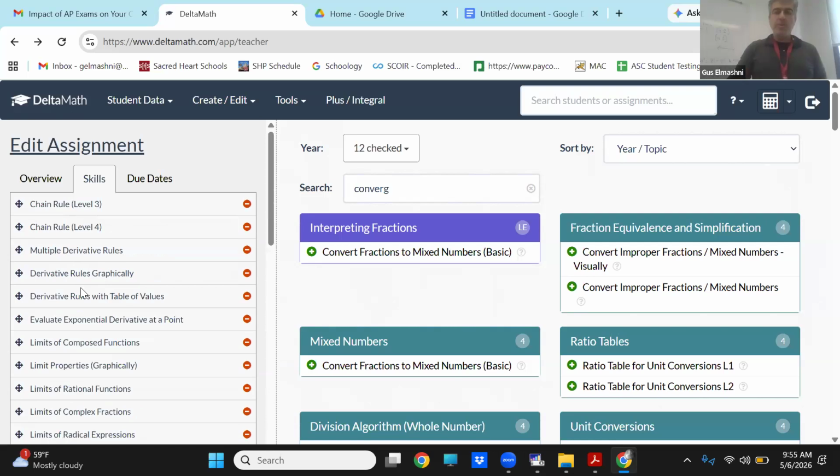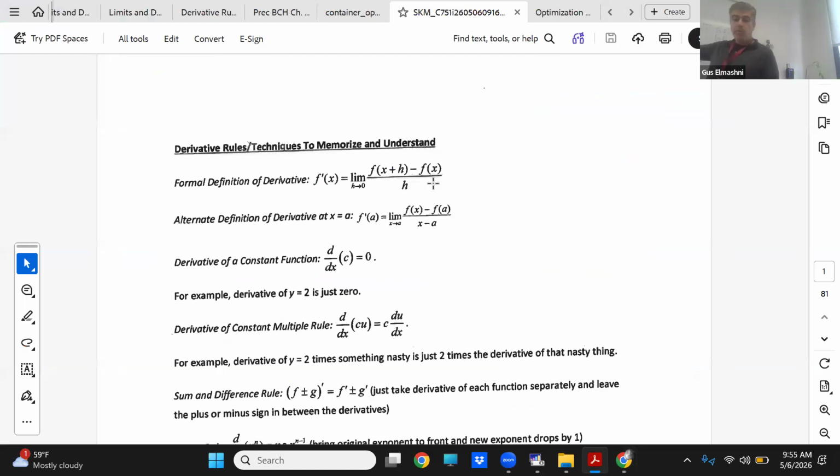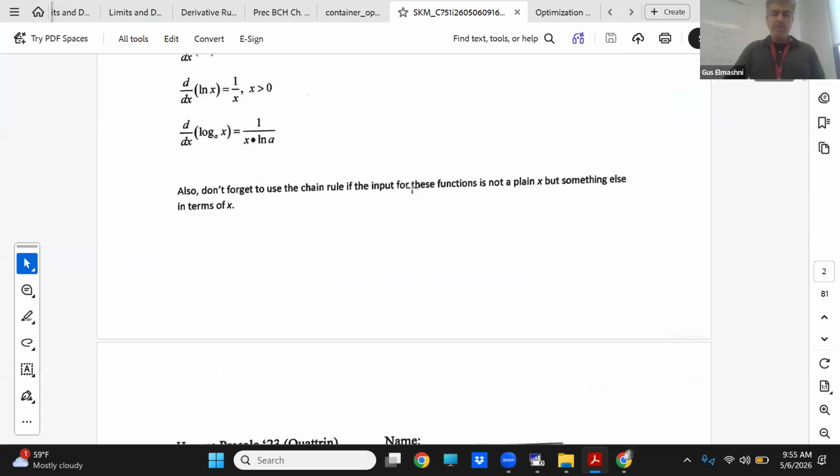The other thing I did too, which I did last year, but wasn't the greatest, but it's okay, it'll do. I printed this for you guys. So this is a list of the derivative rules you gotta know. You gotta know these rules, right? Across things that we didn't do this semester. You'll do it next year.